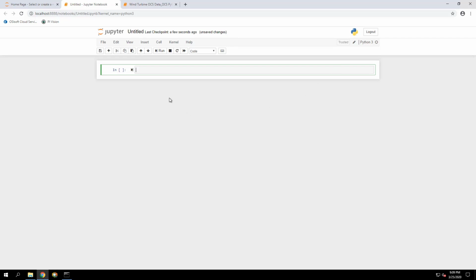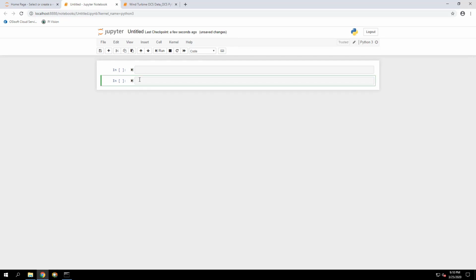You can add them in different cells. At the top, you can run the cells. You can add a new cell by clicking on Insert Cell. So it's like creating different blocks of code which can be run individually. That's the idea behind it.